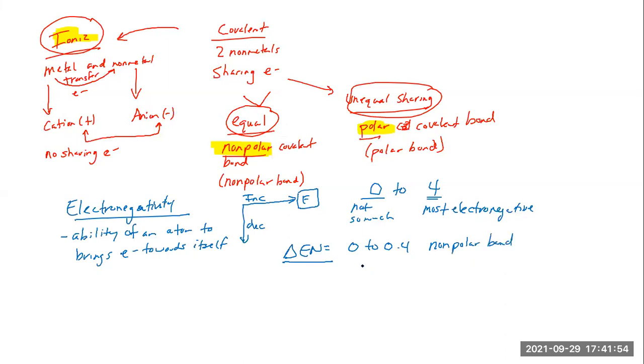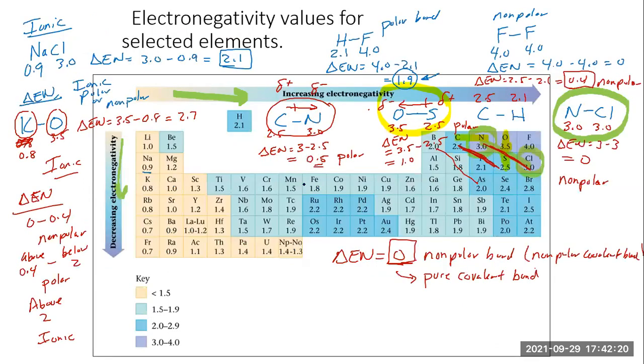Really, like 0.5 to less than 2 is considered a polar bond. And not perfect, but usually above 2. You can actually have a value less than 2 still be ionic, but usually above 2 is definitely an ionic bond. And again, when we look at this table, like we did last time here, a couple of things that we talked about,